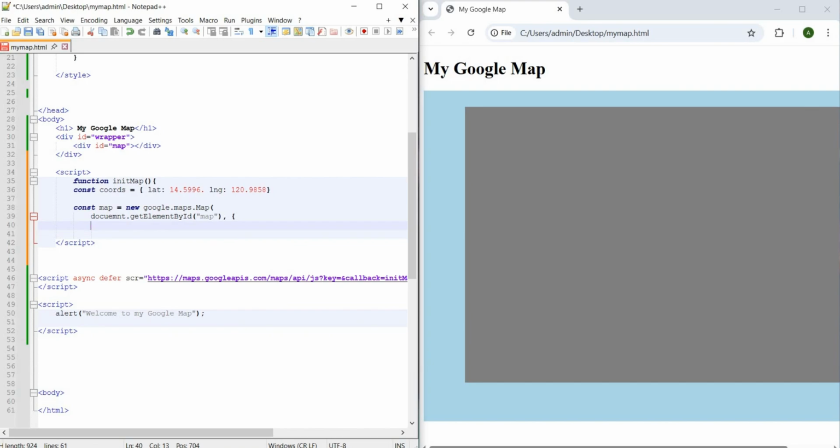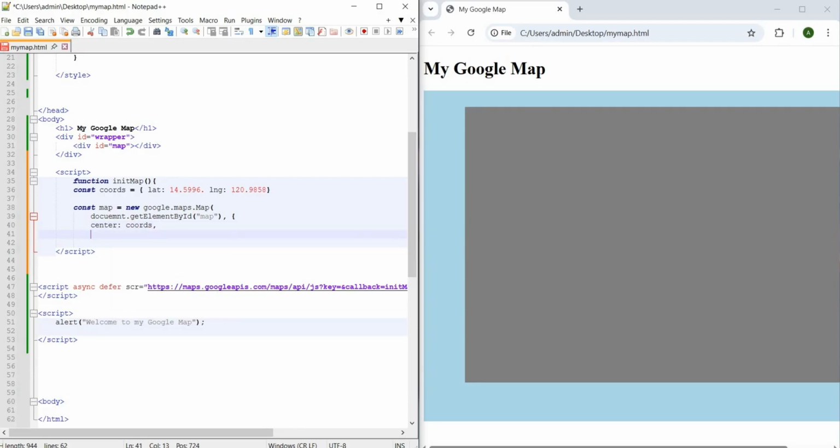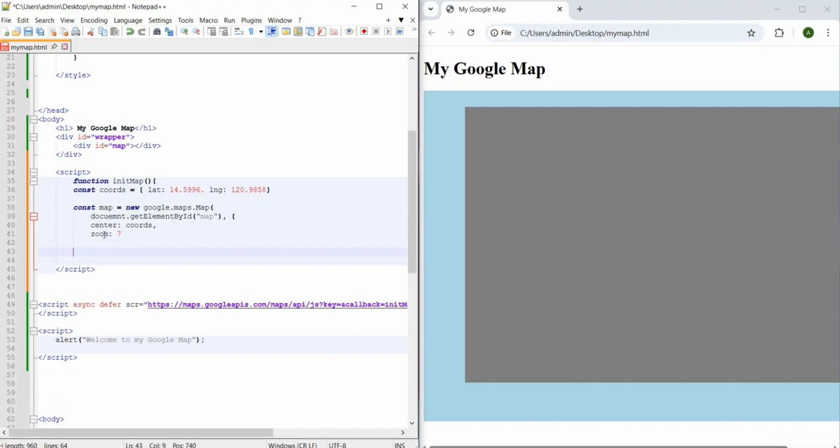So we need to center our map here. We just simply type the code, center, then coords, then zoom 7, and then close. Then save. Let's see if it works.